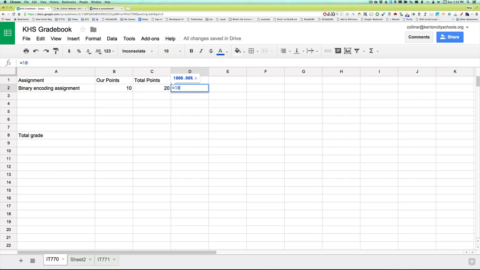formula here. And instead of just blindly typing in 10 divided by 20, we're going to put in B2, because we want that cell there, B2 divided by the total points possible, which is C2. Now, if I go in here and change this number, say I resubmitted it and got more points, it automatically adjusts